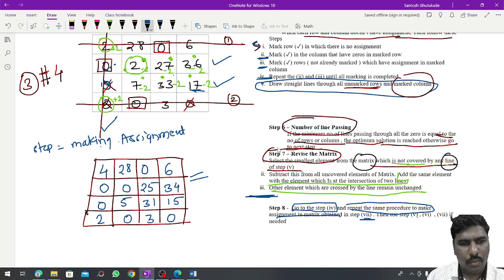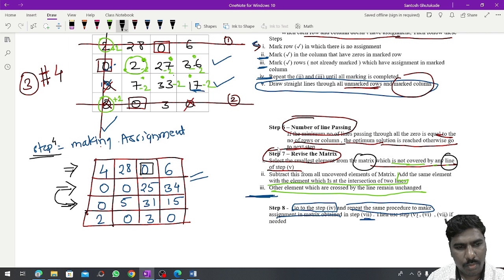Then use steps 5, 6, 7 if required. So we have reached up to this point. Now again we have to complete step number 4, that is nothing but making the assignment. Making the assignment means check the first row; if there is a 0, mark the assignment there and cross all the zeros in that column and in that row. But here there is no 0 in the column or the row. Then go to row number 2. In row number 2, two zeros are there, so we will skip that row. First we are looking for where there is only one 0.